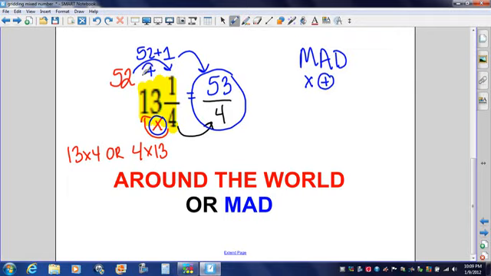Add. That's what I did right here. D does not stand for divide. D is going to stand for denominator: my denominator is going to stay the same. So